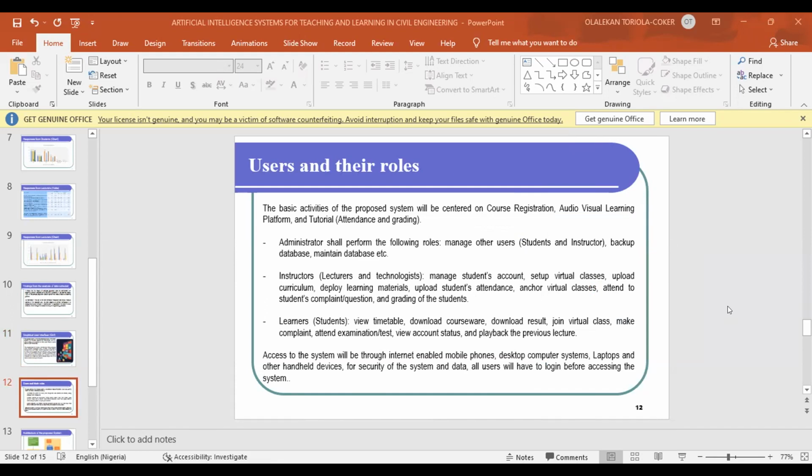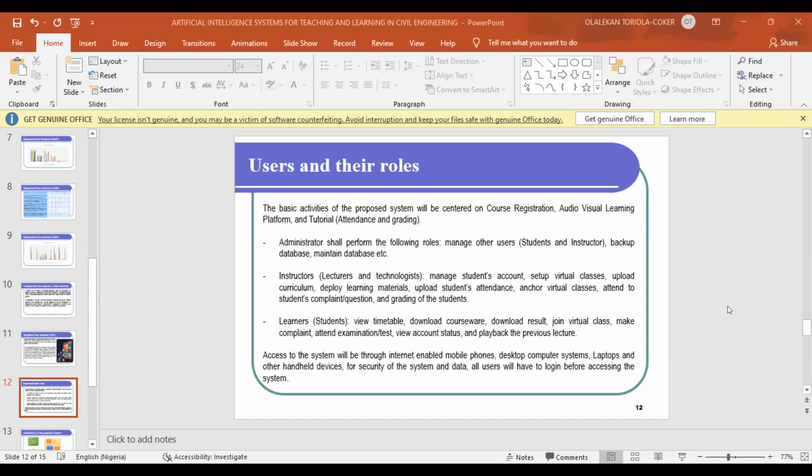Like I've said earlier, the users and their roles have these basic activities, which will be centered on course registration, audiovisual learning platform, and tutorial, that is attendance and grading. We have been going through a lot when it comes to course registration, tutorials and grading. But with what we have done in this research, we can move further, so that the manual way of doing things can be aided by machine learning through artificial intelligence, where the administrator shall perform the following